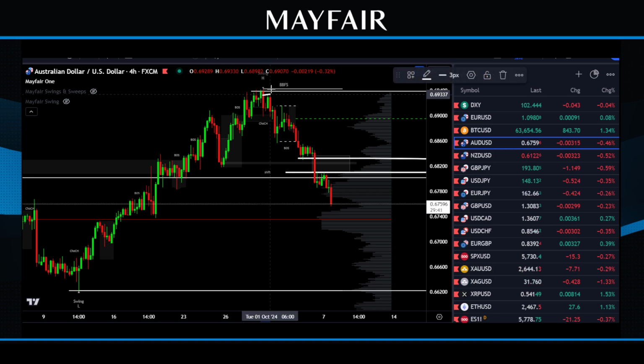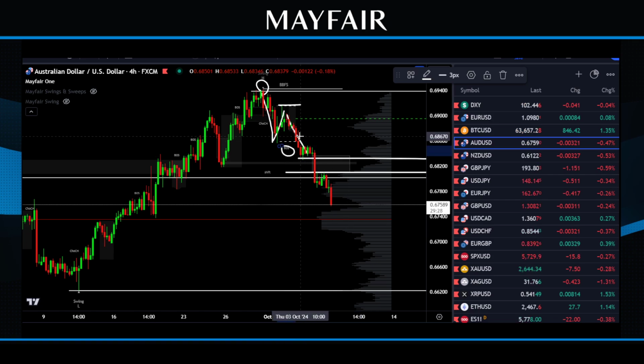And as we drop down from this level, we break down and create a low. We then create a lower high. Then we break through, and obviously you can see this break of structure painted in there. We never really had any decent type of pullback, right? So there's definitely liquidity up here for me. There's definitely liquidity up there for sure. It's just a question of how far up we go,